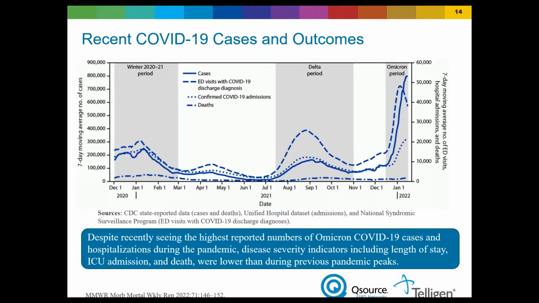And as you can see in this chart, there are left and right axes. The left axis represents the 7-day moving average of the number of cases, and the right axis, the hospital admission and death rates. So the deaths, represented by the bottom curve, have remained fairly stable despite an increase in the number of hospitalizations through the Delta variant, as shown in the darker shade, and then in the latter period due to the Omicron surge. Next slide, please.